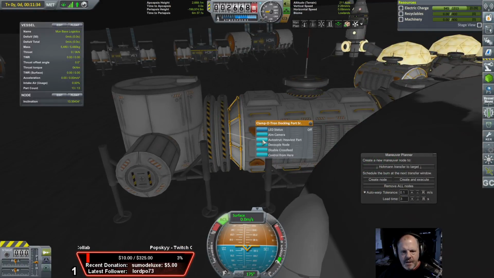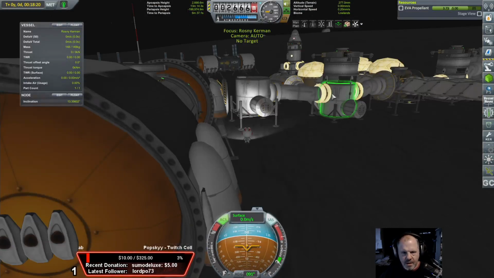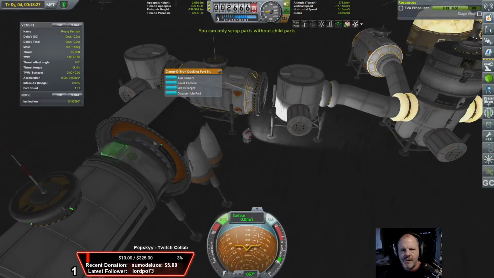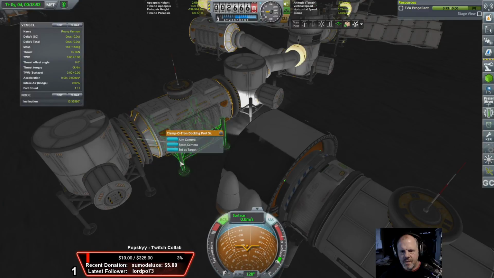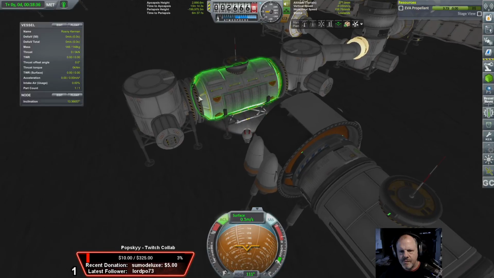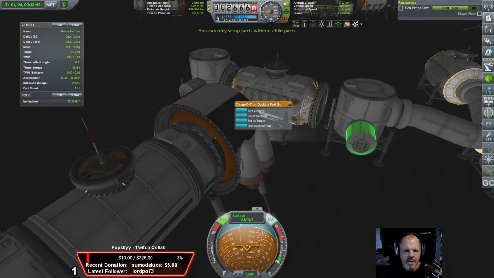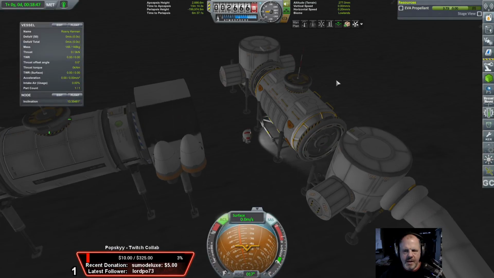So, let's see here. If I decouple this... okay, now let's go to the Kerbal and see if I can disassemble this. I wonder why. Is it because of this? Okay, good, good. No, really? I can't get rid of the cradle. I need the cradle, so I can... This is a command, so I can...